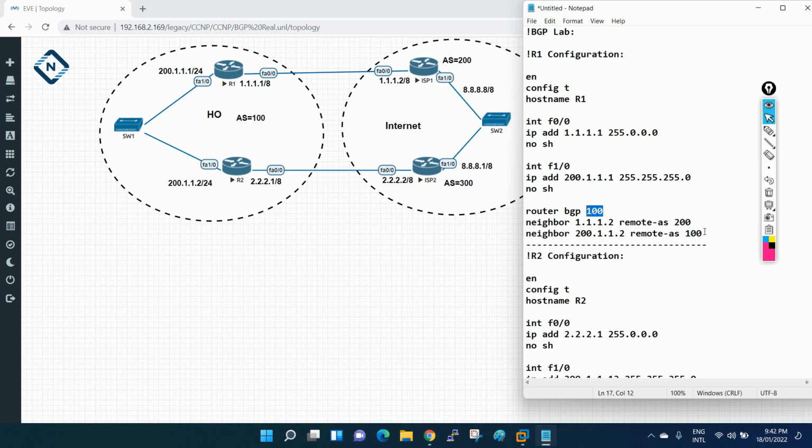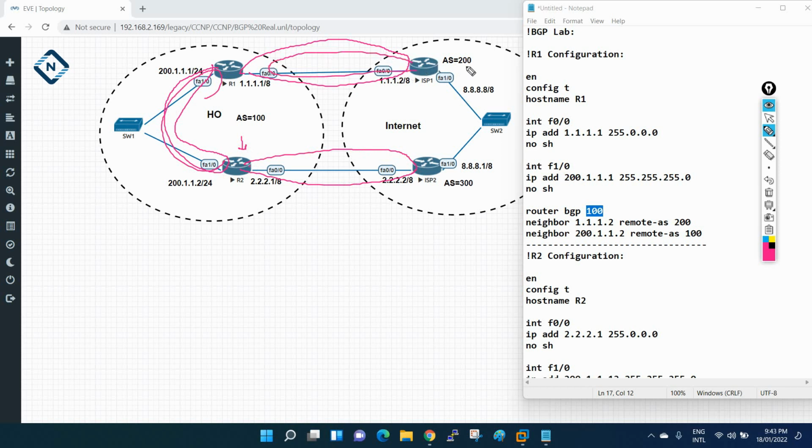So this is the BGP configuration for R1. I have two neighbors in R1. This is one neighbor and this is my other neighbor, so I have done the neighborship here. Now I need to go here and do the same thing. This is my neighbor and this is my neighbor. Same thing here also. After that we are going to check the routes, what routes we are going to get from where.